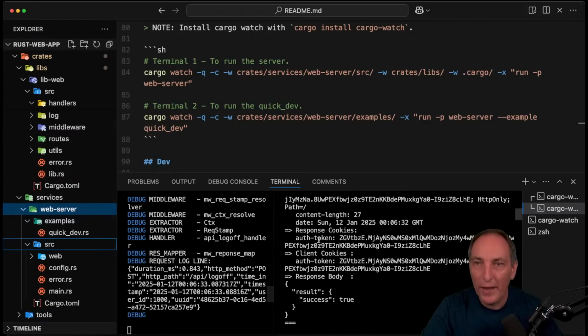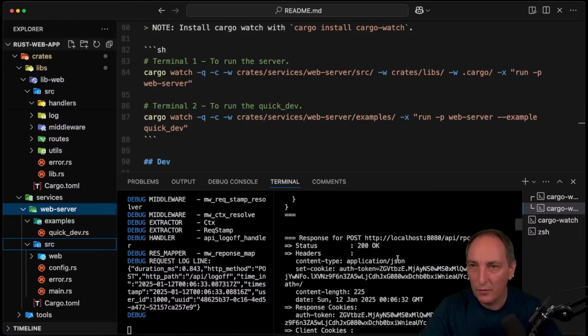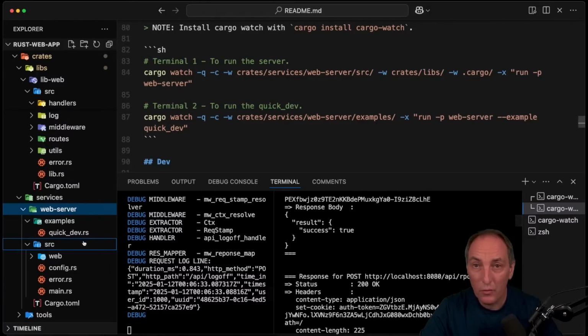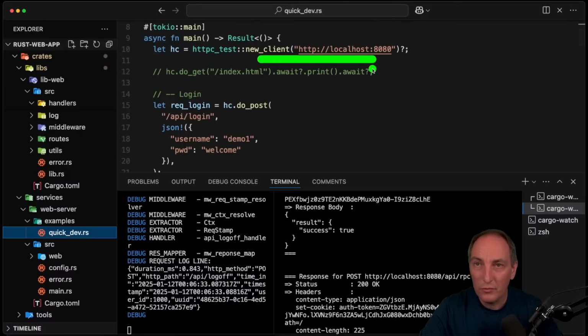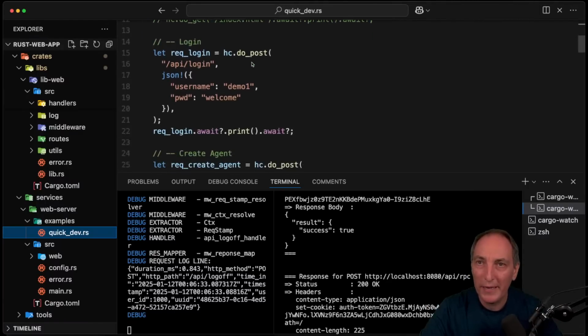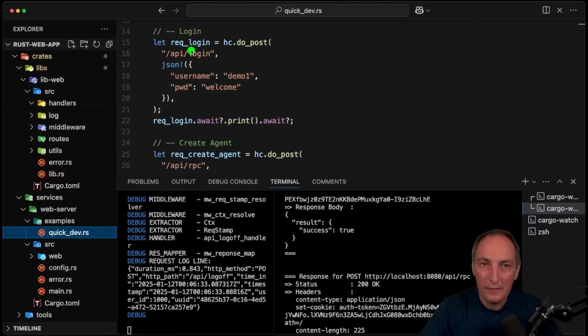And then this way here, I will also do a normal HTTP access. Sometimes there's some variance here, and it's nice to be able to do that. So here we see that we have the login. The way the example works here is a quick dev. So I have the new client, the HTTP test here. That is a little library that I did a while back. And then,